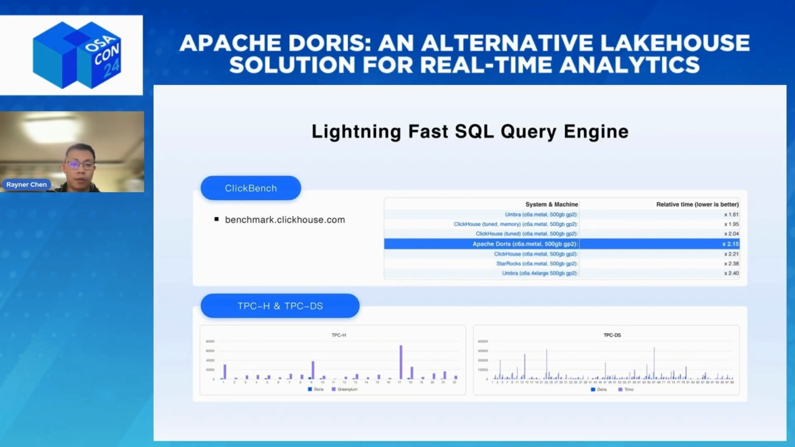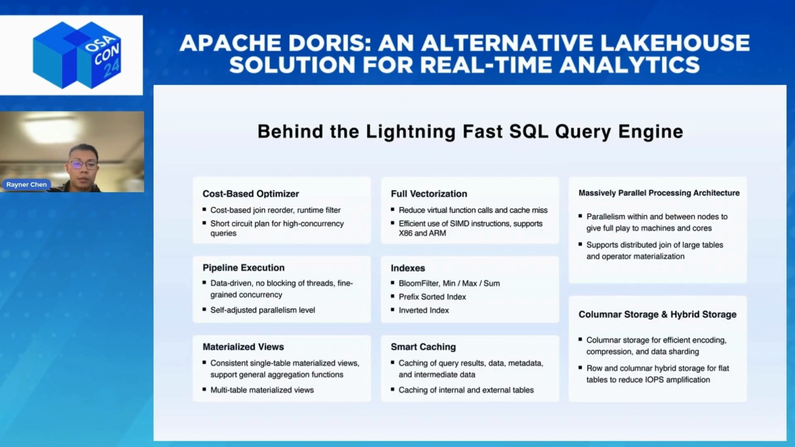So you can see that for both single-table queries like ClickBench and complex multi-table join queries like in the TPC benchmark, and also for both internal storage format and open source file format, Doris always provides better performance than other alternatives. So Doris' excellent performance comes from many technologies, such as the cost-based query optimizer, which provides